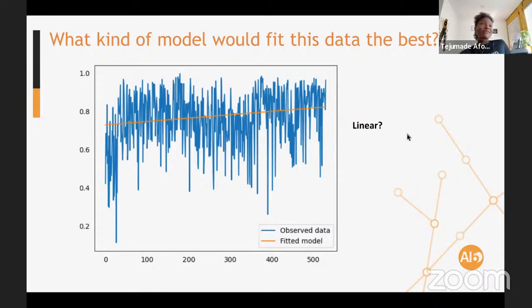Nobody. Okay. Maybe we just fit a linear model, right? This is what we know so far. This is what we did a couple of weeks back. But if we fitted a linear model on this, is this the best fit? To me, it doesn't look great. All of these points here would have a high error to the line that we fitted here. So definitely we can do better.